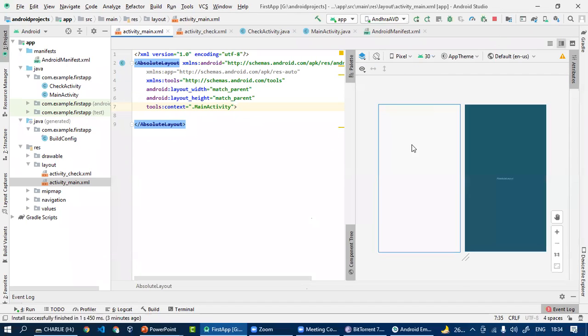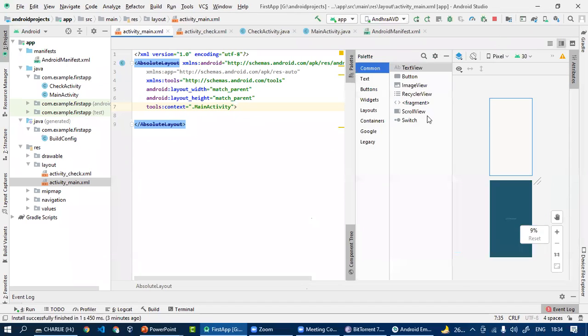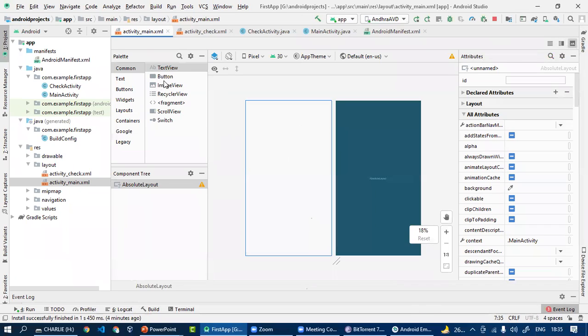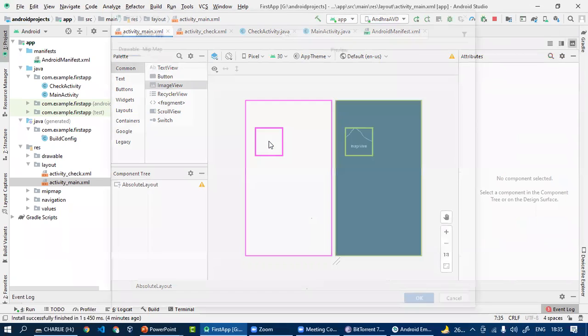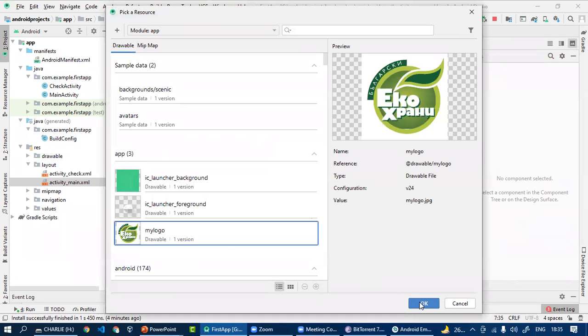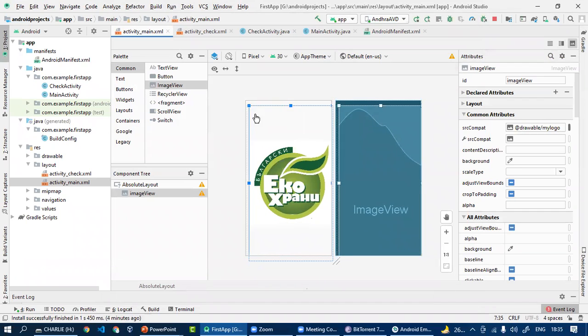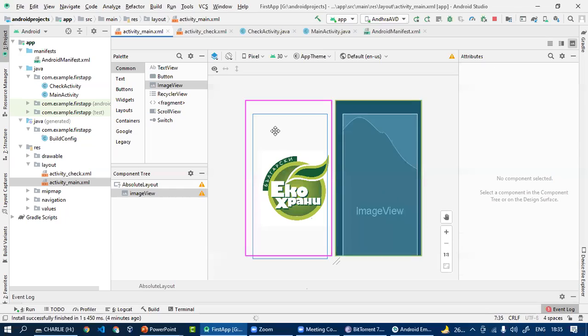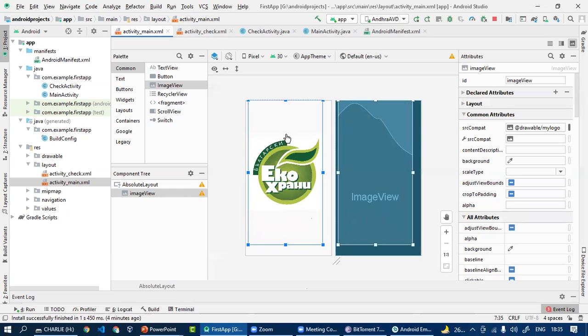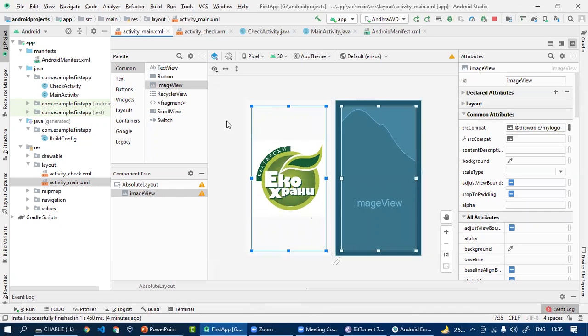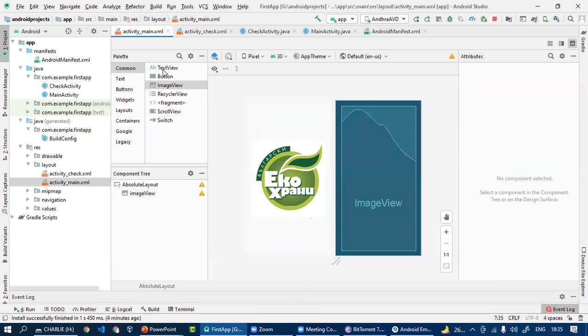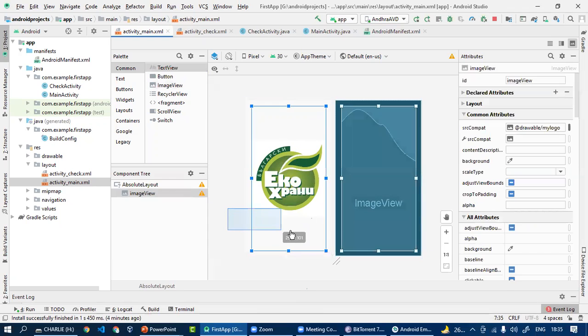Now we have our palette, and our image, and we have a text view.